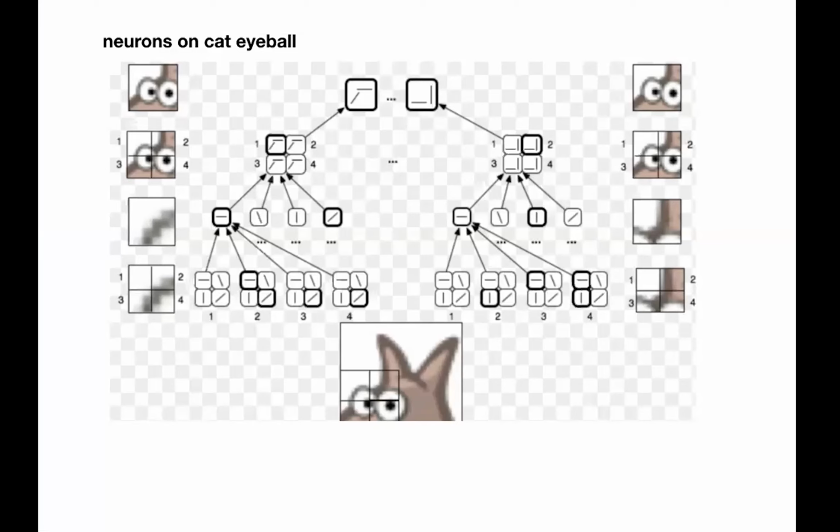And so with my Xenovision project, I go back to think about the convolutional neural net and how it's structured, and how there may be a form of machine bias that is produced either from a lack of a spatial analysis, or from having a different spatial effect that happens from the image that it is learning on. So this is an example of the neuronal structure on a cat eyeball, and it's based on research